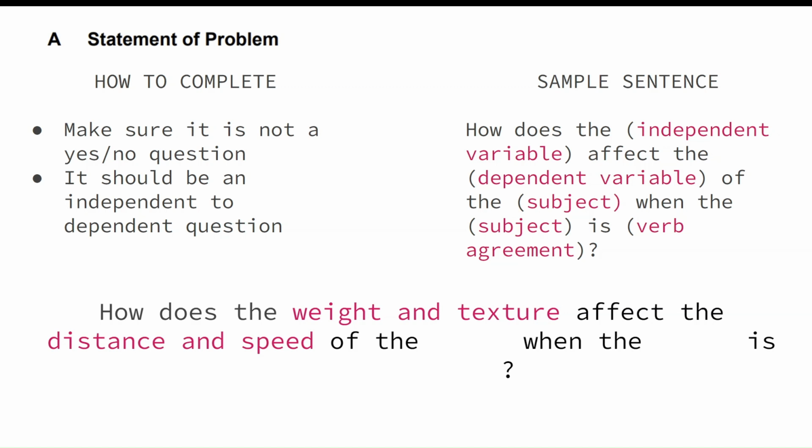So how does the weight and texture affect the distance and speed of what's the subject here? What are we looking at? What are we doing to the experiment, right? Of the plane, when the plane is what? What are we doing to the plane? We are throwing the plane, so we can say when the plane is being thrown. So that's going to be the statement of the